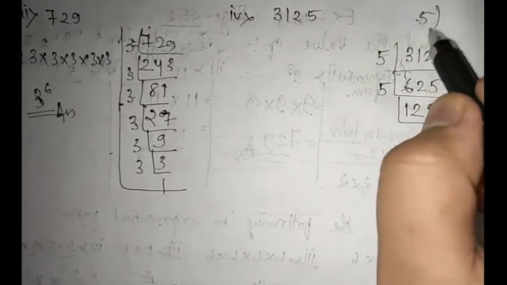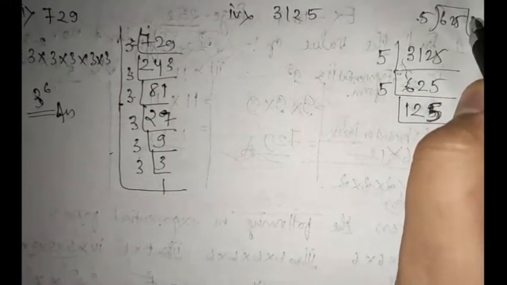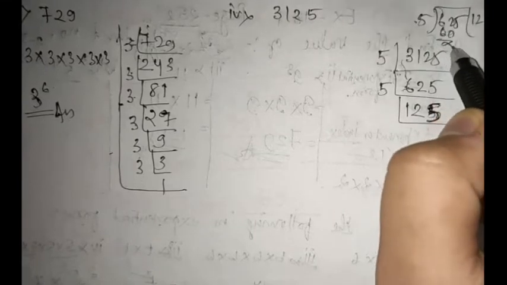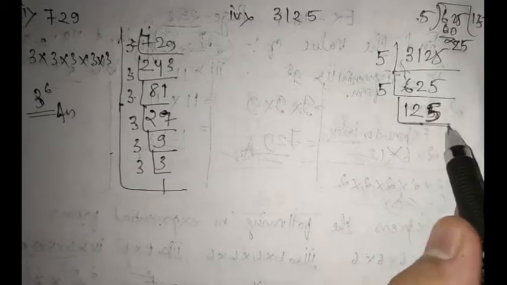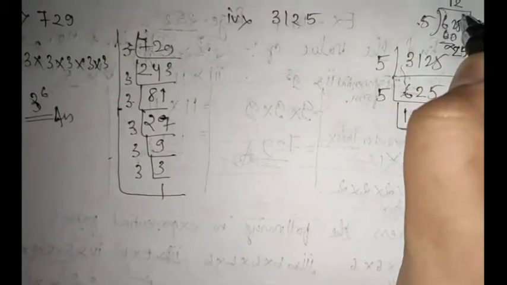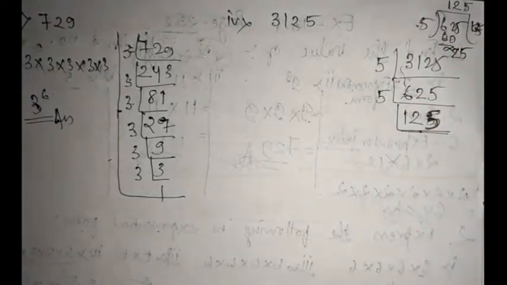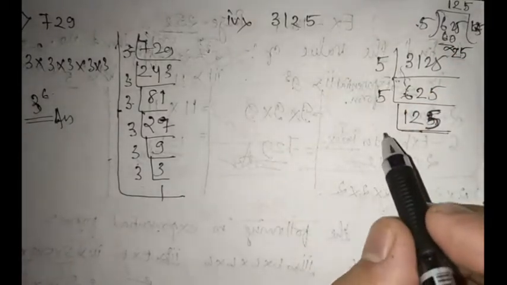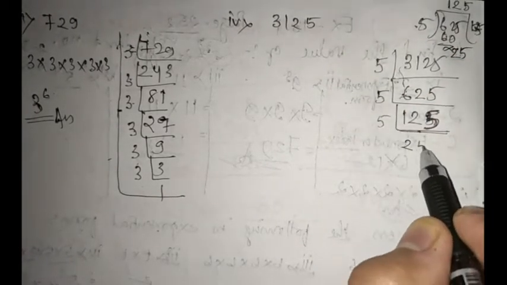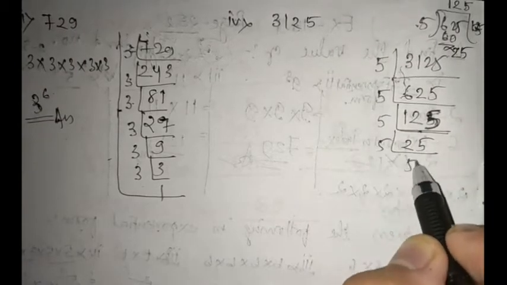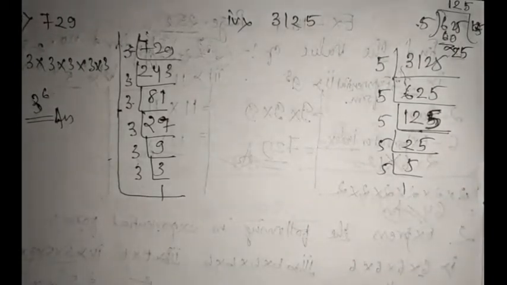You can divide this like that. Divide 625 by 5. 5 12s is 60, so this 2 will come down and 5 5s is 25, right? So this 125 will be written here. All right, students. Now proceed. 5 5s are 25, 5 5s are 25, 5 1s are 5. In this way only you will get the LCM, right? So practice a lot, students, to get the LCM.